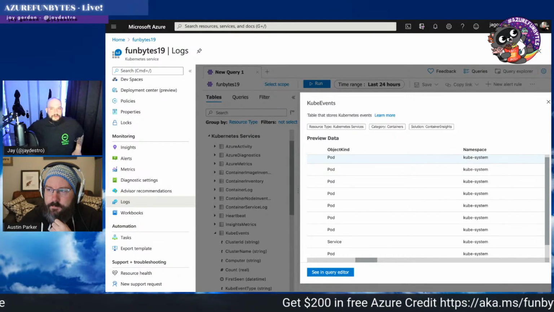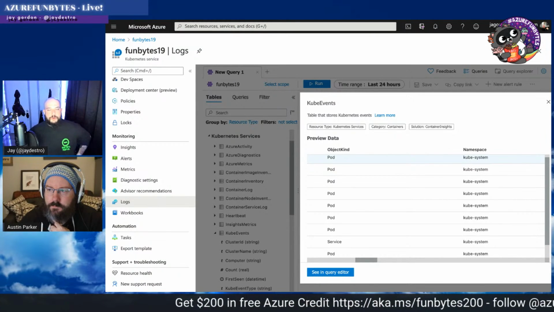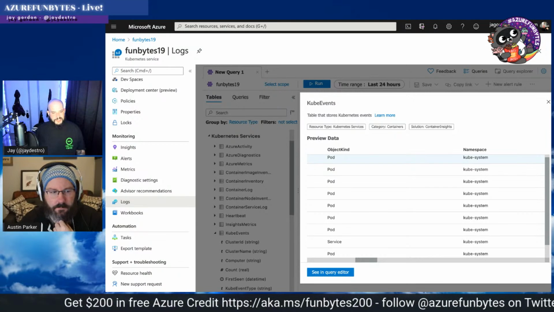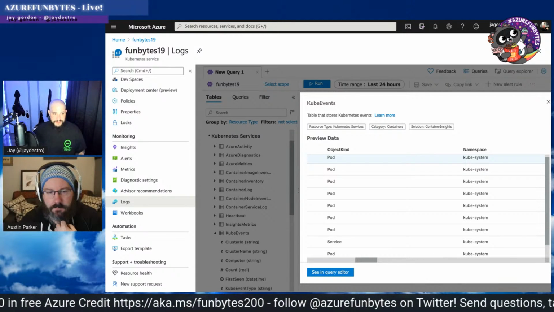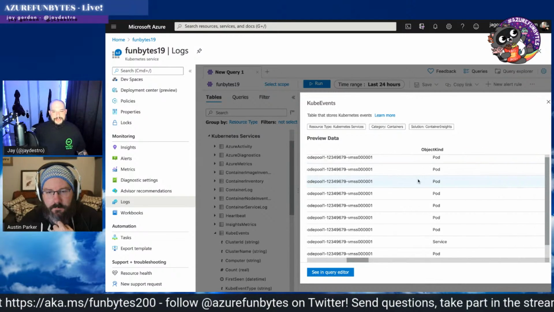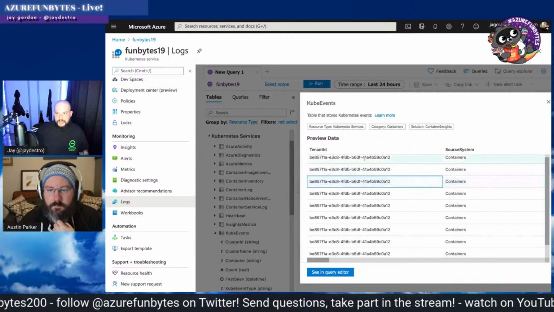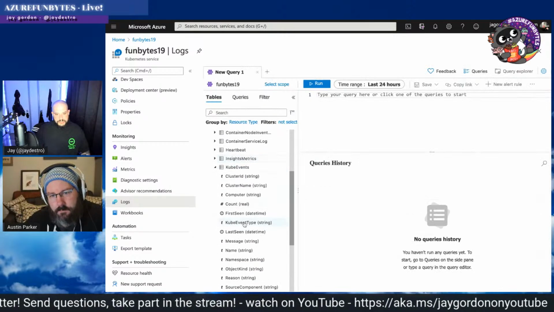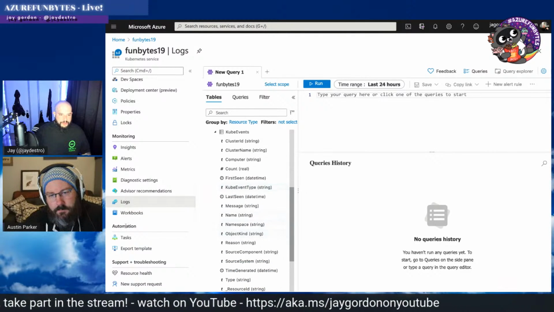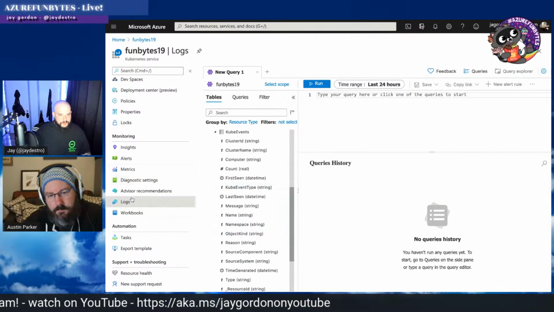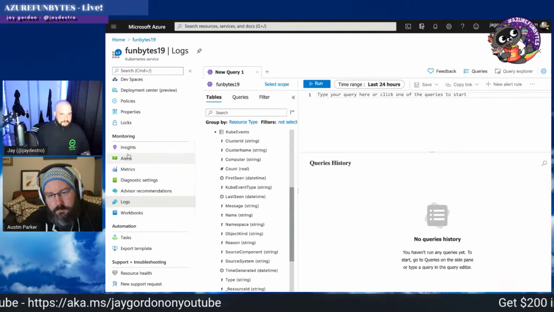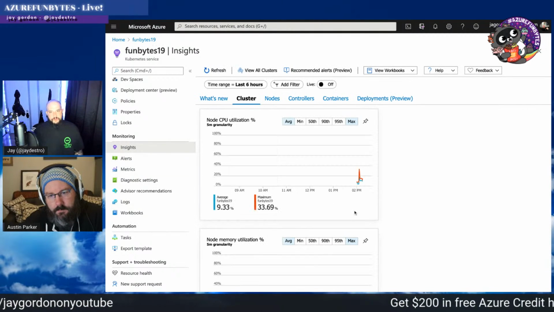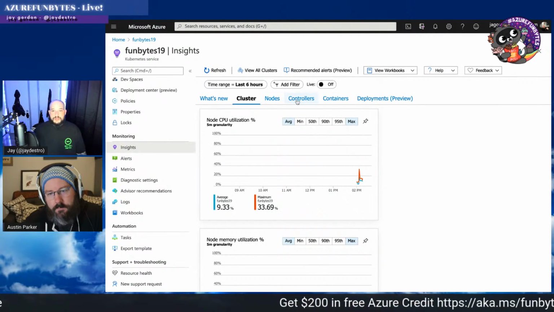There are either a million different logging services like Splunk or whatever, or there's native things like this. It's all out there. And one of the things that I do want to say, and Austin, it's one of the reasons why we're talking about it today, is that there are things that go beyond monitoring. These are just standard monitoring services, and Insights will give us information.